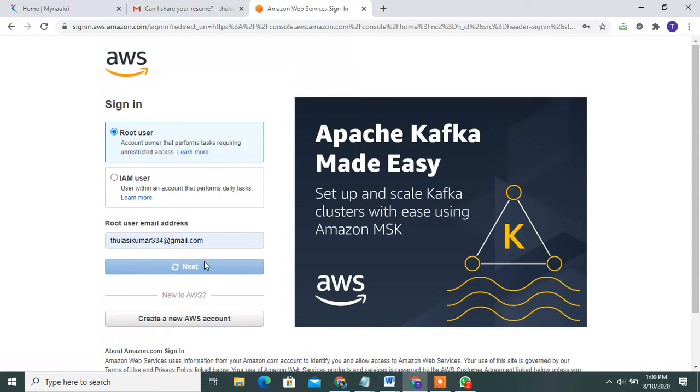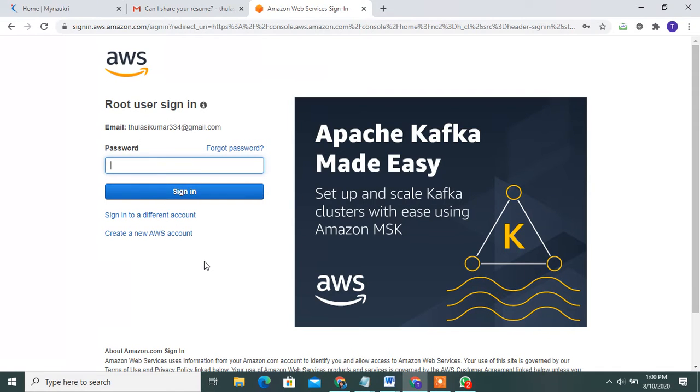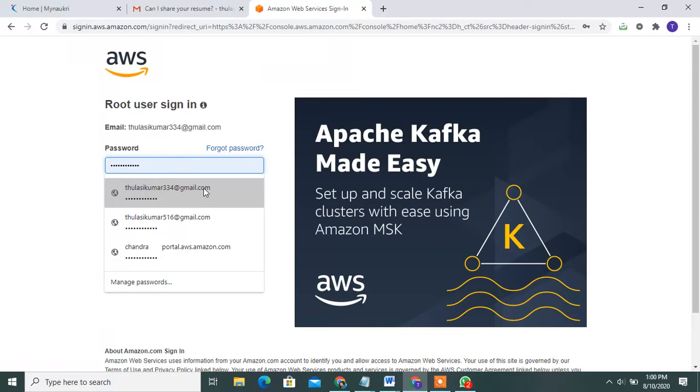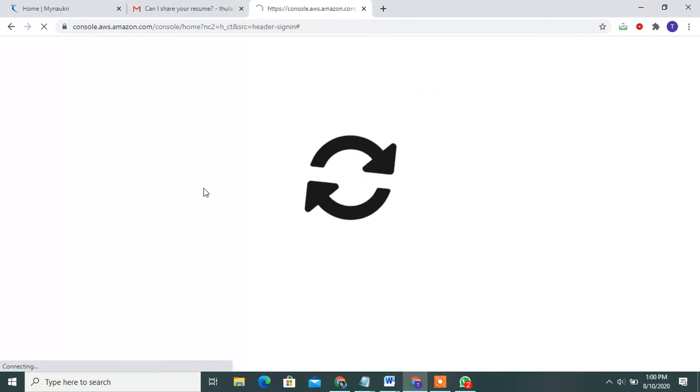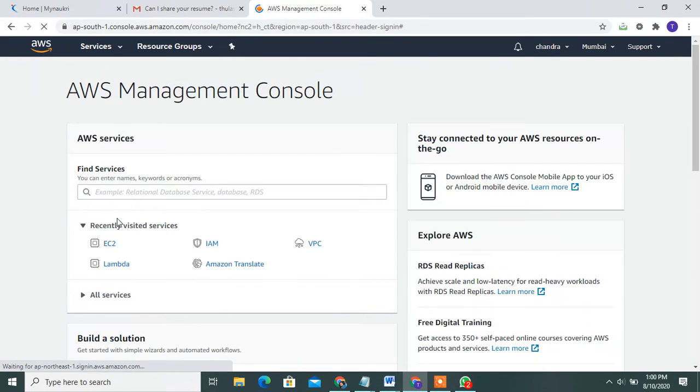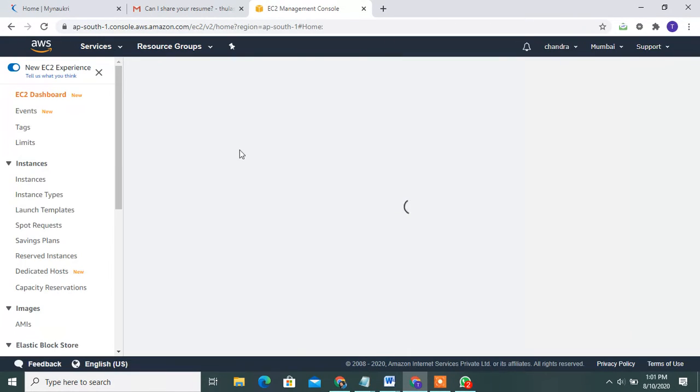Open and log in with my AWS password. Okay, login. Once login is successful, go to EC2 and go to the running instances.